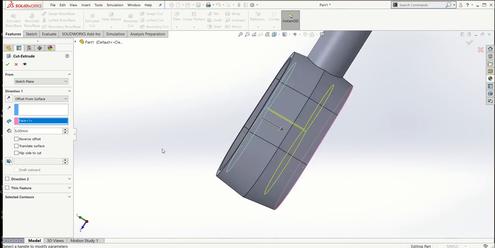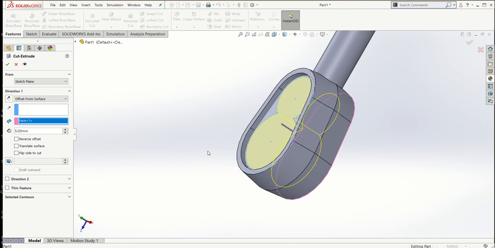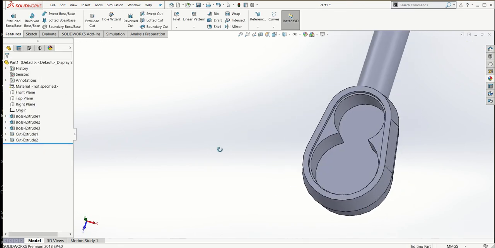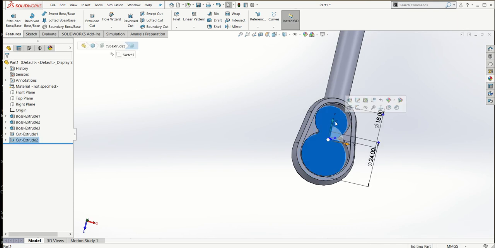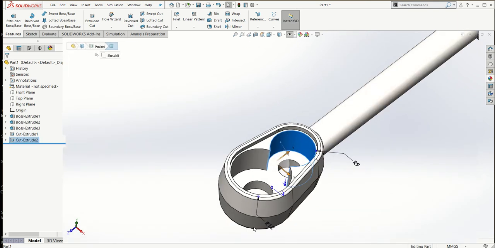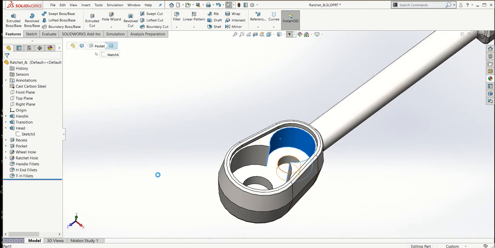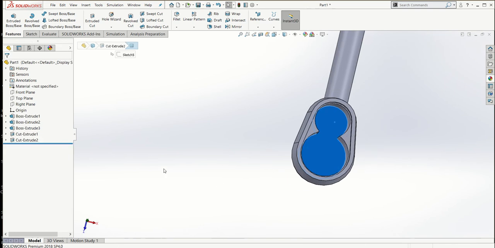So this is how you can create an offset from surface with the cut extrude. And then I will go okay. So these are my holes. Now I will create the normal holes that are there. If you see here, there are holes. So for that I will click here again, and